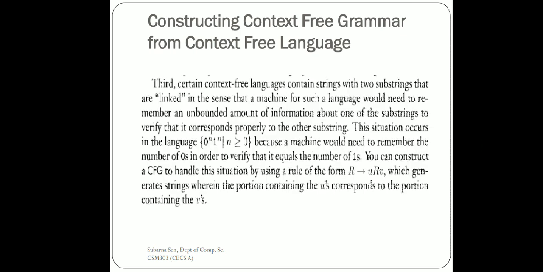Now the third way is for when the language is one which a finite automata or DFA cannot accept, meaning there is something which a machine needs to remember, as for example 0 to the power n, 1 to the power n. The machine is comparing whether the number of zeros and number of ones are equal, so it has to store the zeros, otherwise it cannot compare them with the number of ones. We will learn in our next to next lecture what a PDA is.